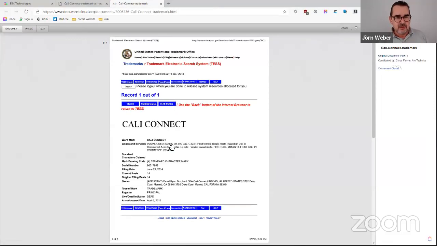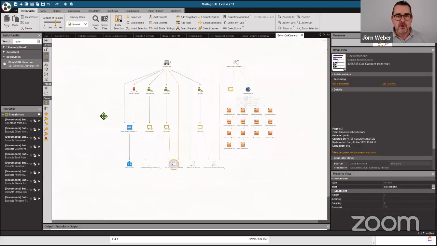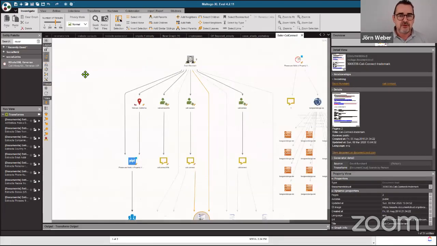And here is the trademark office that declined the registration. Here you have his email address, his address, and so on. And from there, again, you can go back to this wonderful graph and continue.